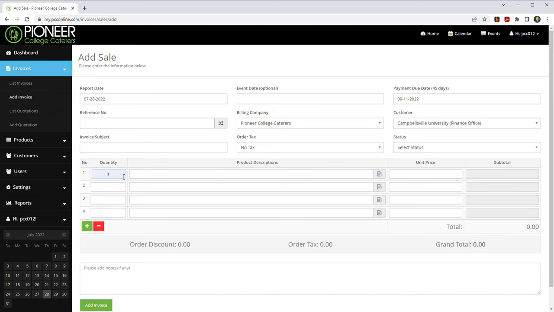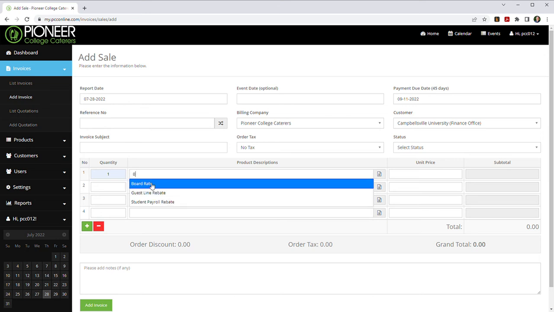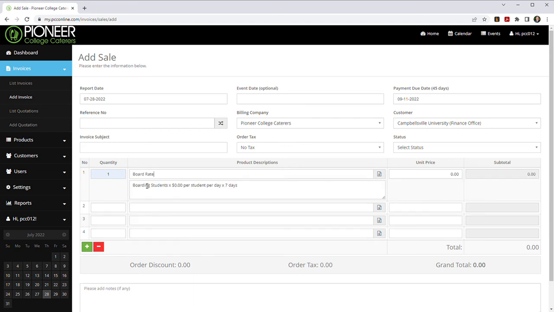And cool thing about under product descriptions is the things that you key in often, that are often re-entered, can be preset and pre-populate for you, so you don't have to type it all in. So for instance, if I type B for board, it's going to list board rate, right? So I can select that rather than type it all in. I can just select it and it will pre-populate this information. And then you can type in whatever amount